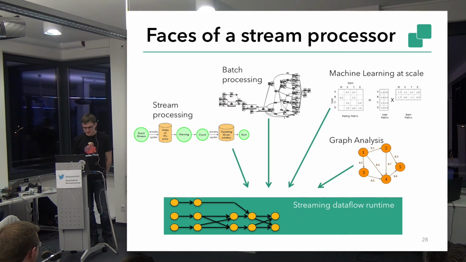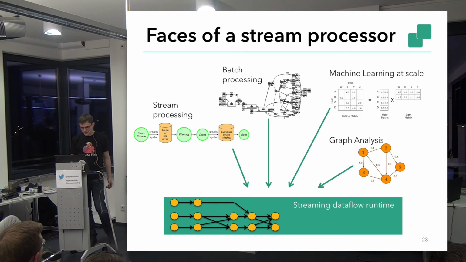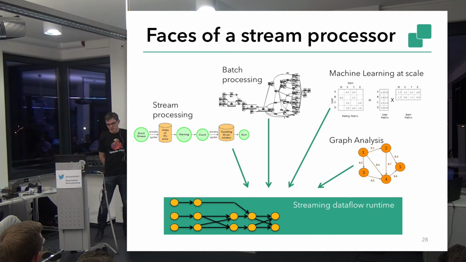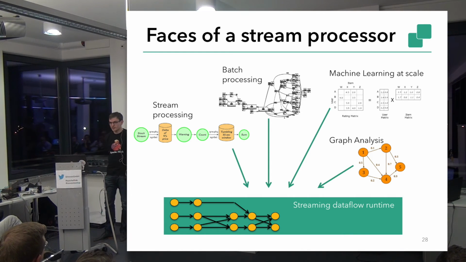In the beginning I was talking about the different phases of Flink, and I would like now to go a bit through these phases and tell you what Flink has to offer for different use cases. So one big use case, and I think it's also the main use case of Flink, where we look at what users are doing in production, it's stream processing. The next big use case, and that's also where we are coming from, is batch processing.